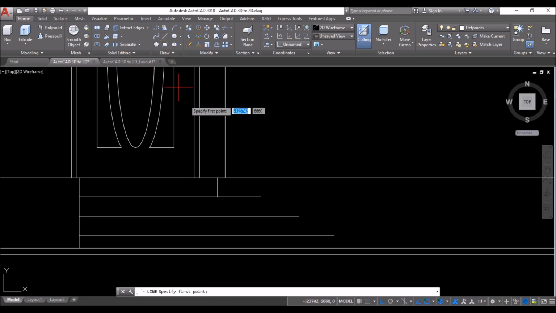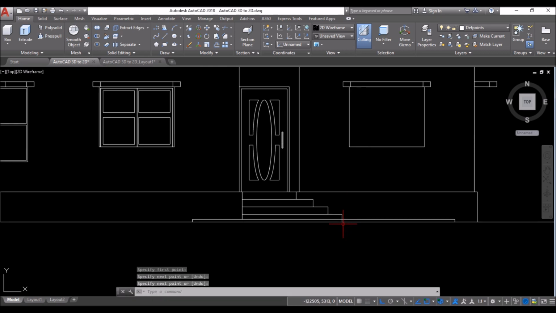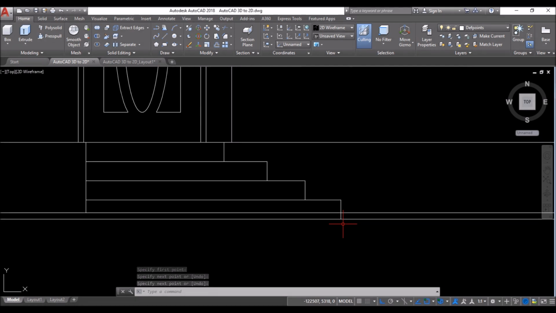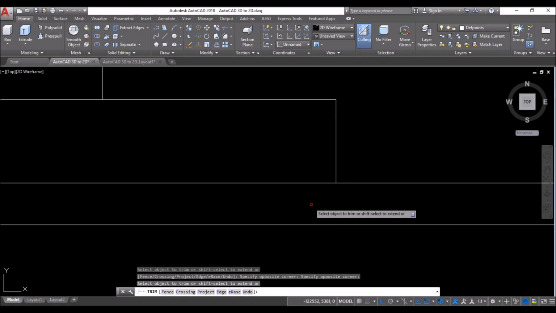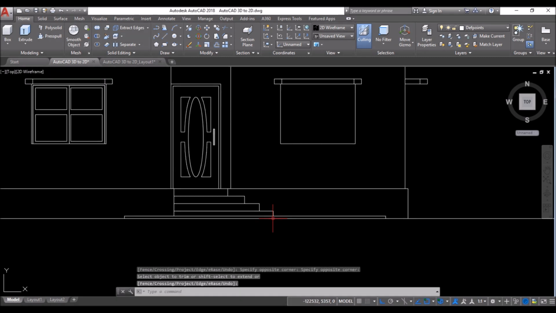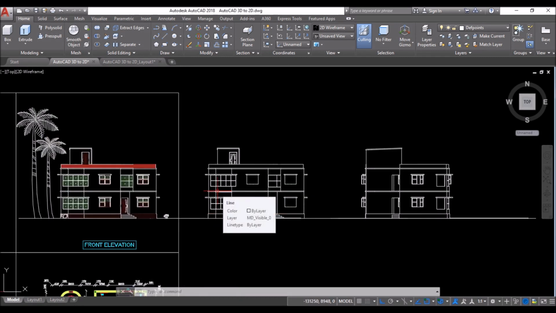So click on the line tool and draw these lines as shown. Okay, I'll trim the line below. So type TR and press enter twice and then just select and right click to trim it.